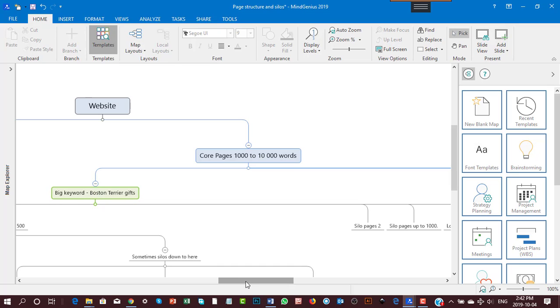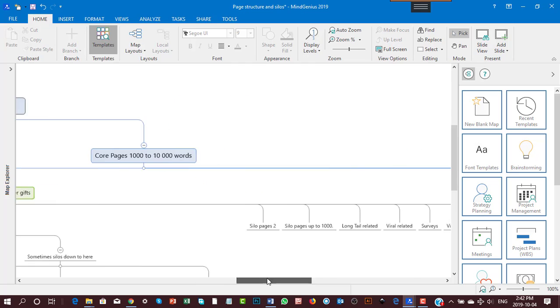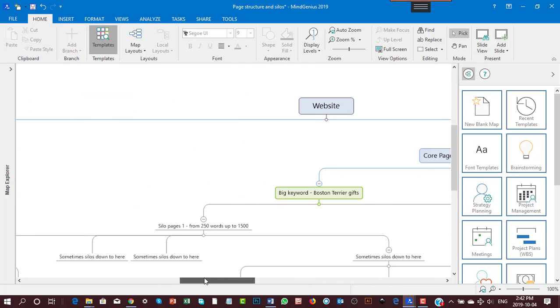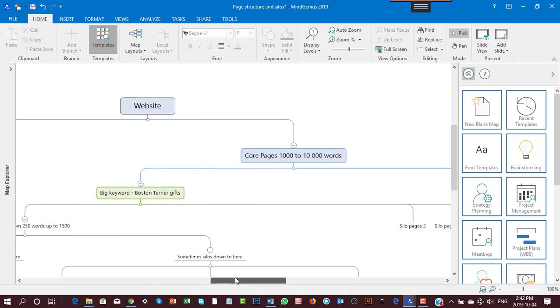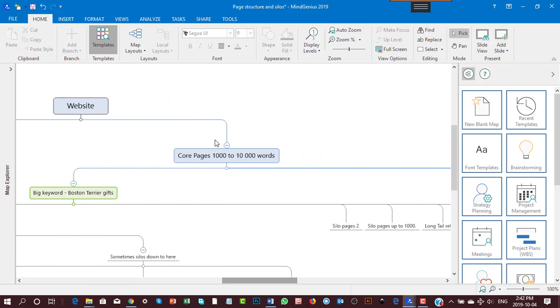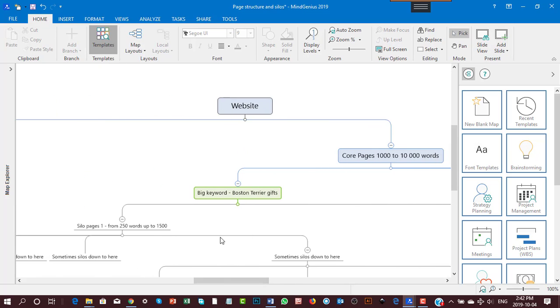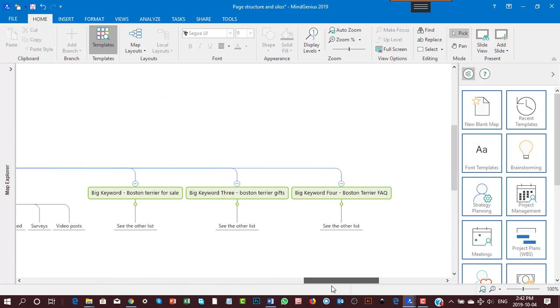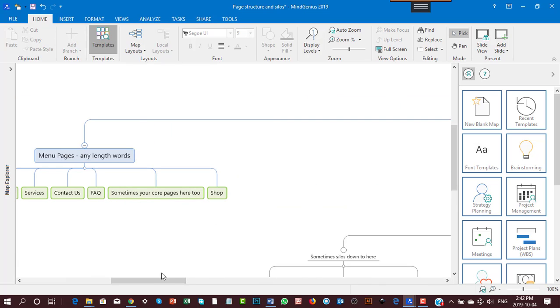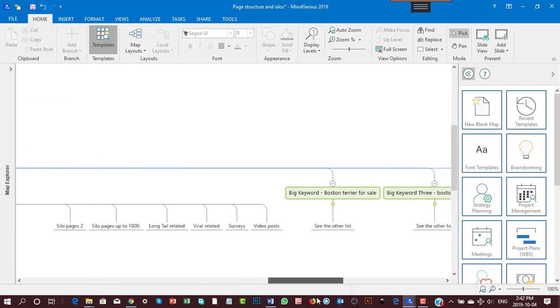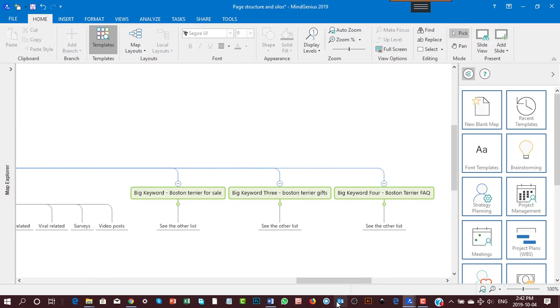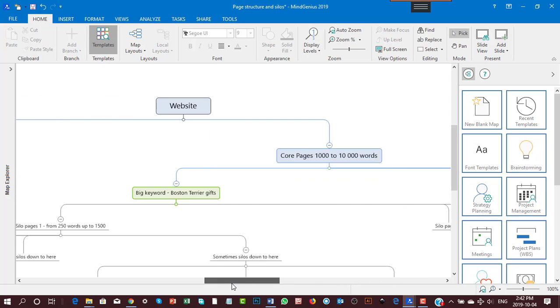But ultimately, starting with the core pages, these are the ones you want to rank for. So basically know that you're building a silo structure here. You've got your big ones. These are pages, by the way. So your core pages are real pages. They're not necessarily in your menu. Sometimes your core pages are in the menu too, but not necessarily. They're there just so that they can be a huge fishing net to catch all the traffic that Google sends you. Now, you're going to go under here and build silos like this,